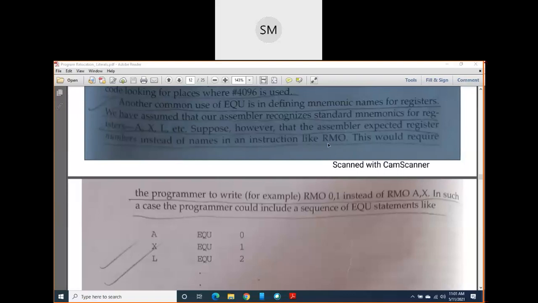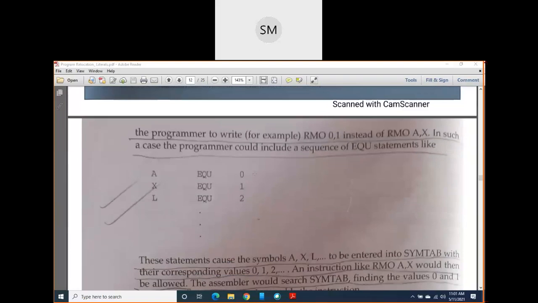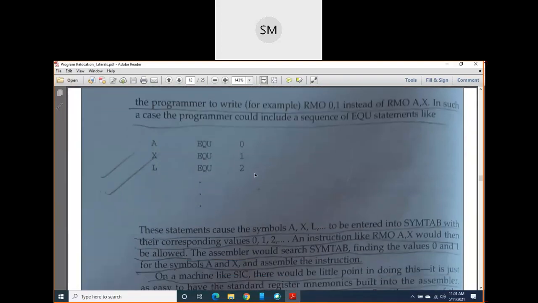For example, such kind of instructions are RMO. For such kind of instructions, we have to mention the number of registers directly like this: RMO 0,1. Instead of writing it as RMO A comma X, they don't want a name, they want the number of those registers. So there are some instructions where we have to write the numbers of those registers, not the names.